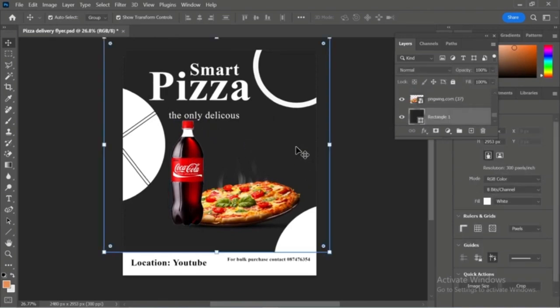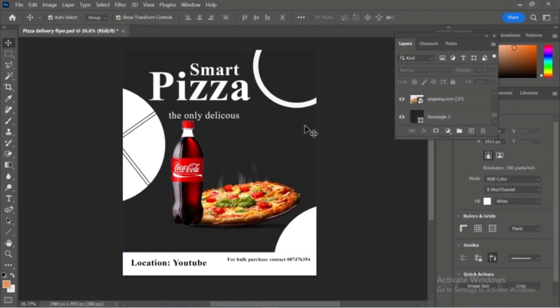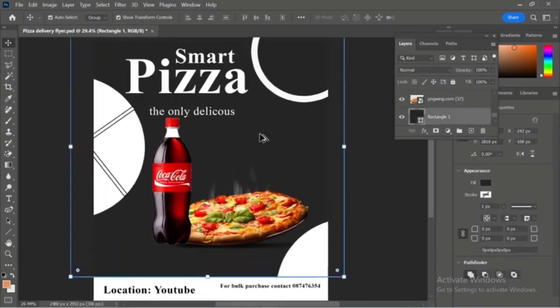So our background, we are not done. So let's try and bring in some components. But before that, let's choose our color code for the background. What I normally do is I pick the colors from the various components that